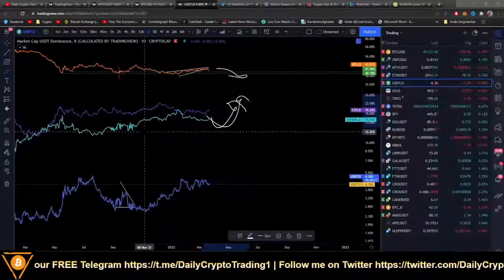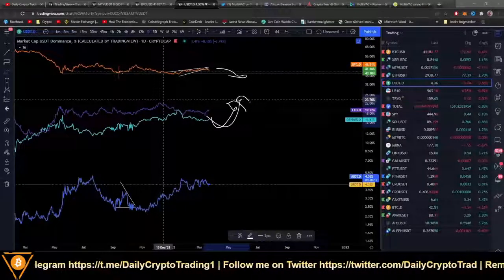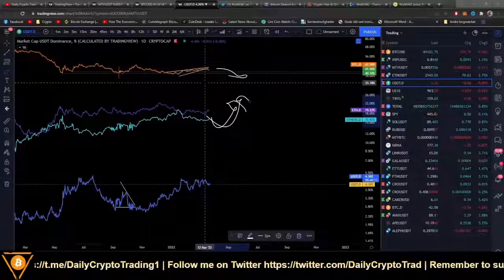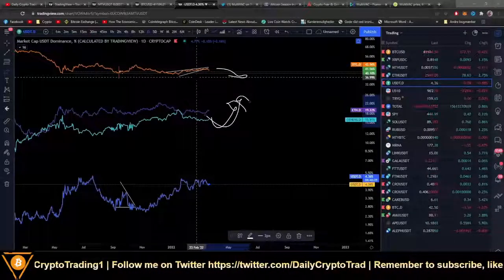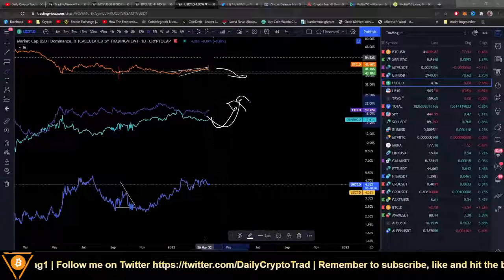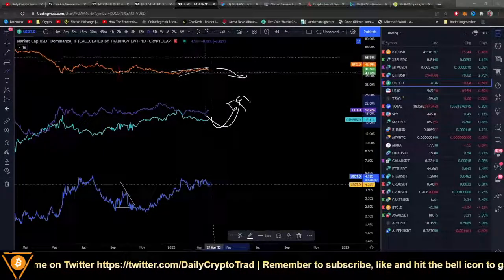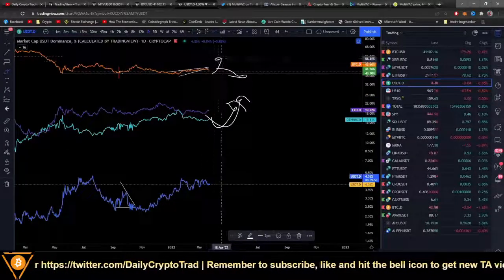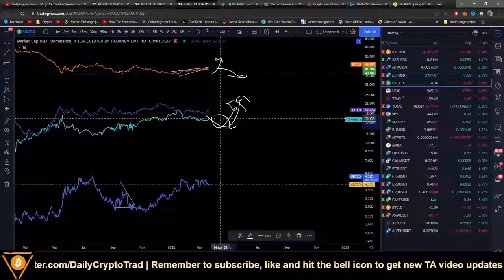All right, guys. Now let's take a fast look at the dominance of the stablecoin, Bitcoin, altcoin, Ethereum, and so on. This chart you guys are seeing, I added the different dominances to show you how easily you can spot if altcoins are losing value, right? So let me explain. If you look at the Bitcoin dominance, what does that mean when it's going up? When the Bitcoin dominance is going up, usually the altcoin dominance and Ethereum dominance are going down.